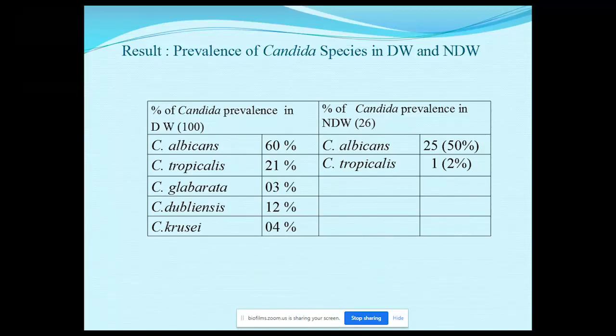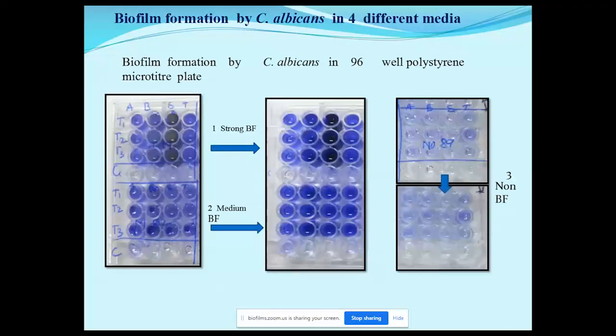When 100 such denture wearers were observed, we came to know that the majority of them had Candida albicans, almost 60%. The remaining, like tropicalis, glabrata, dubliniensis and krusei, were in minimal numbers. Candida albicans is one of the normal flora of the oral cavity, but it is also an opportunistic pathogen, especially for old people, and if they have such a stomatitis condition. Comparatively, there are only 2 species in the non-denture wearers, that is, normal people with a natural dental set. Now, I tried biofilm formation using a 96-well